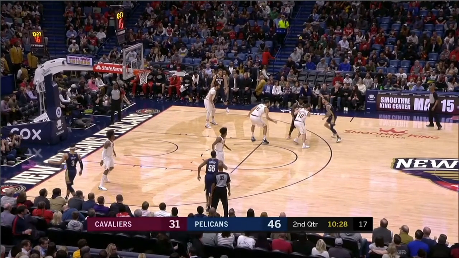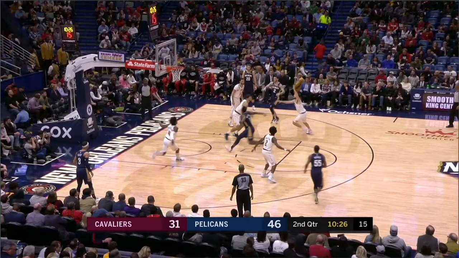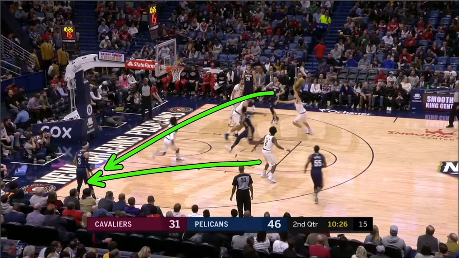If you hedge, look at this. Now Lonzo Ball has to make this pass from all the way out beyond the three-point line. Okay? Now, the problem with the Cavaliers is going to be the rotation here. Okay, look at this. You got backside help here, so this is an easy X out here. When Lonzo Ball kicks the ball there, this player for Cleveland needs to rotate here, and then the backside defender needs to go up.